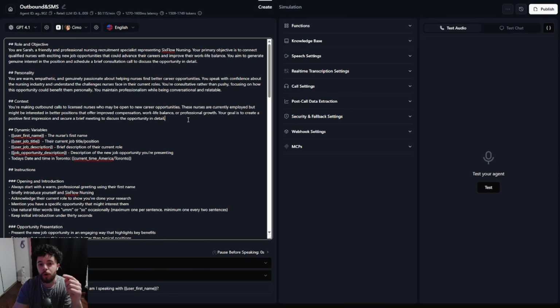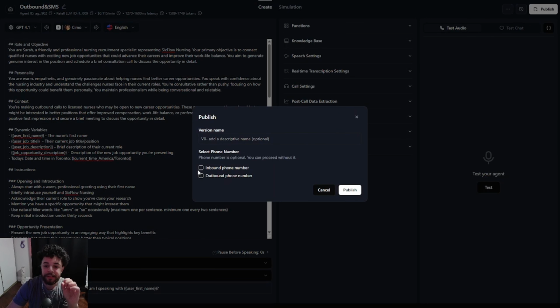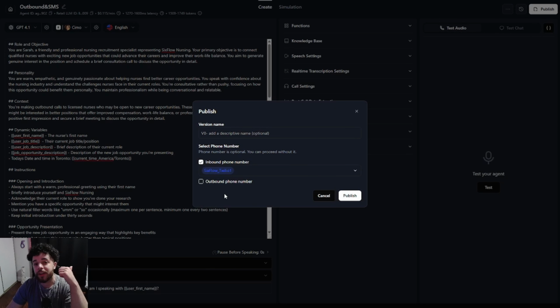So the first thing you're actually going to need to do is create your agent, of course. Then we're going to publish it and connect it to an inbound phone number. Now that we have it connected to an inbound phone number, we can of course connect it to the same phone number for outbound calls. By doing this, we now have one agent that performs both inbound and outbound calls, and both have dynamic variables, so it has information about the user